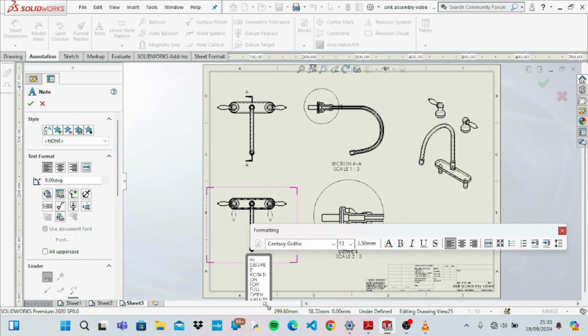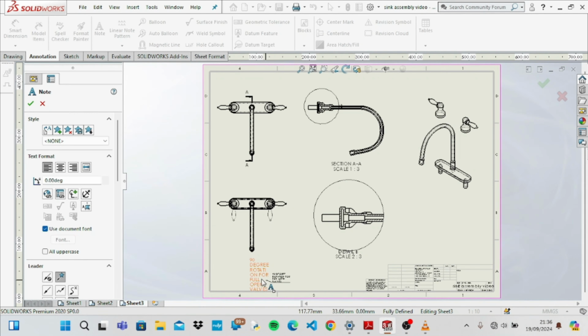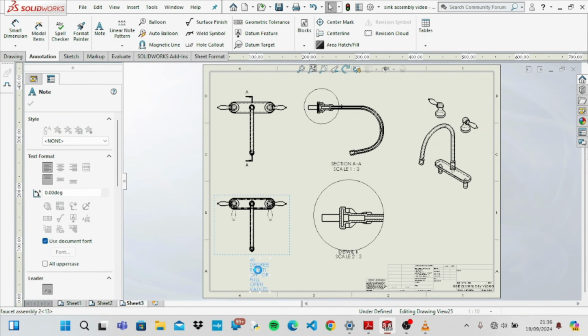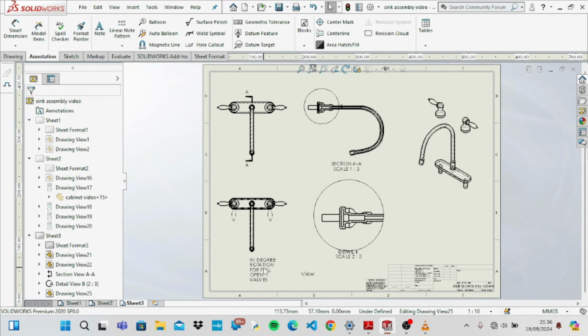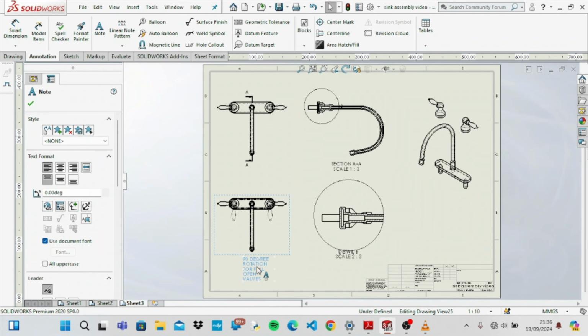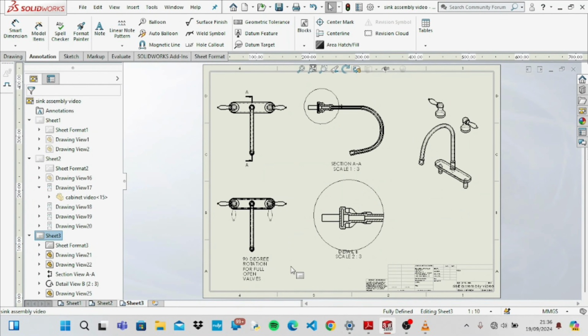Say 90-degree rotation for full open valves. So yeah, that's basically everything